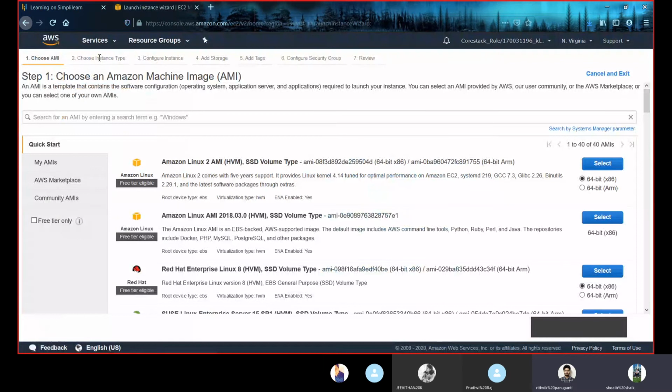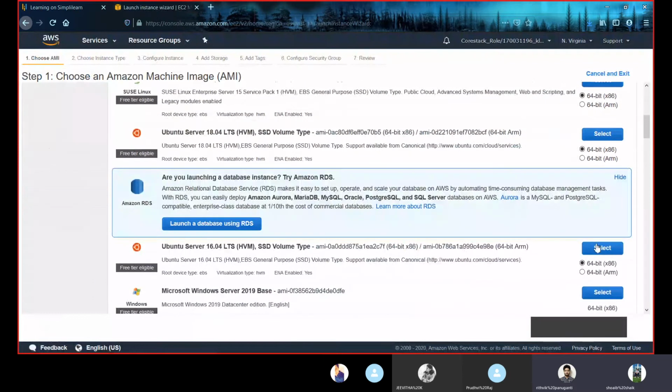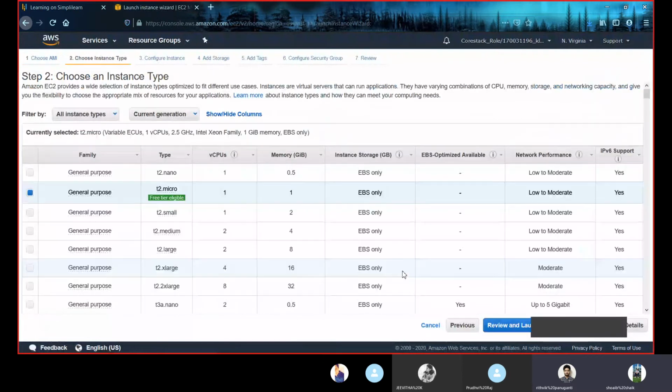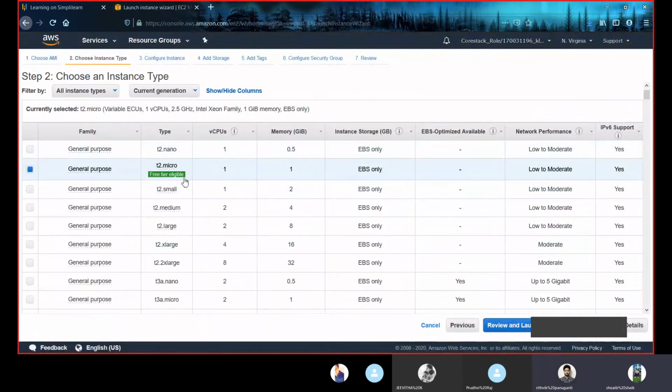Here you can see these are different kinds of instance types: nano, micro, small, medium, large, extra large, and double extra large.